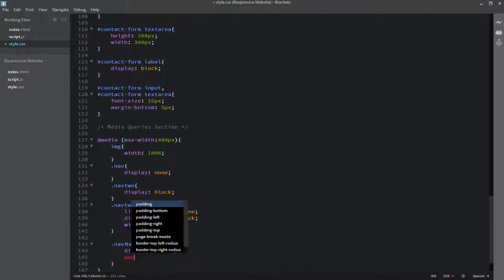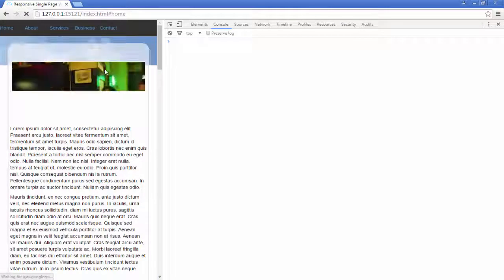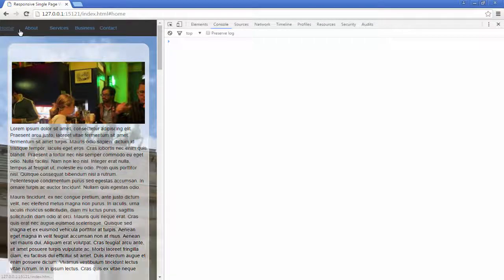I will specify padding as 15 pixels from top and bottom, and 0 from left and right. Now if I go back to the web page and refresh it, you can see that the padding has changed to 15 pixels from top and bottom, and 0 pixels from left and right.